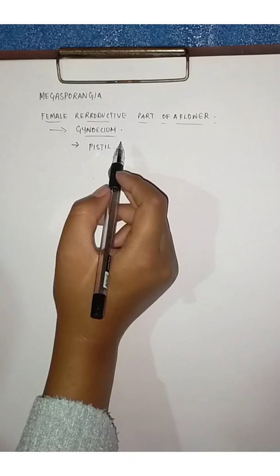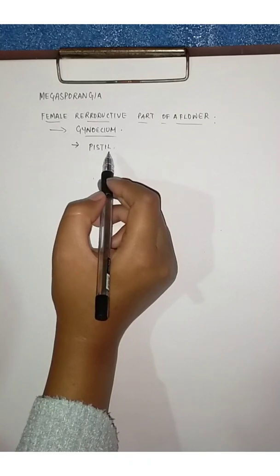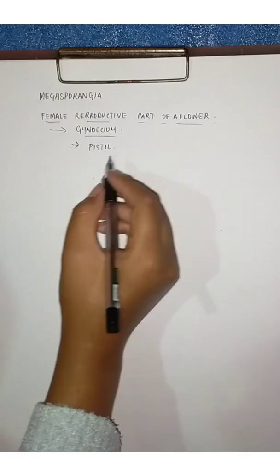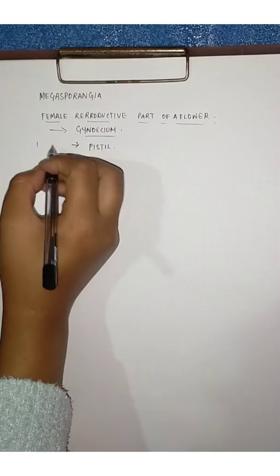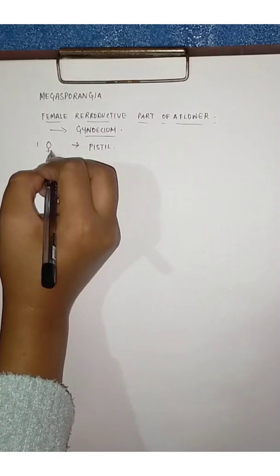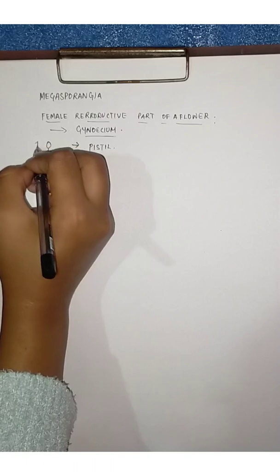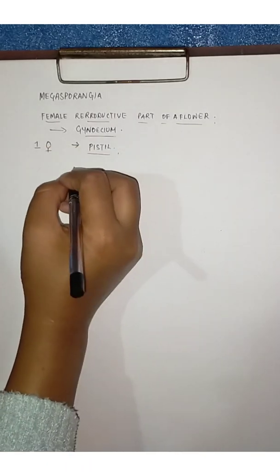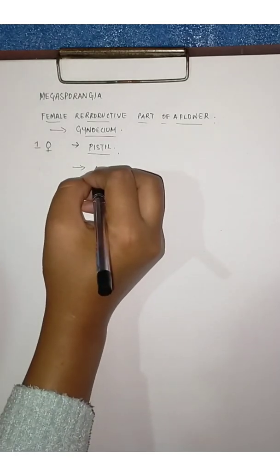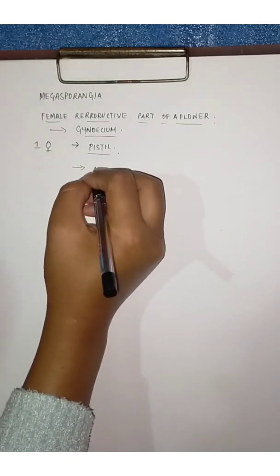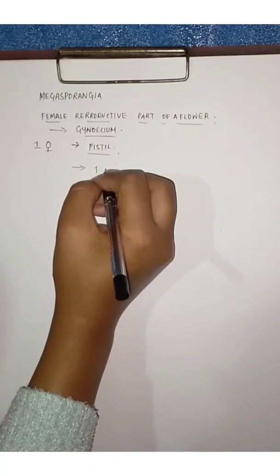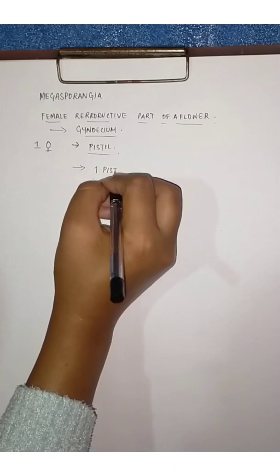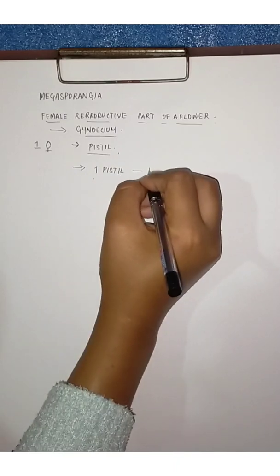So we can also call it a pistil. One female reproductive part of a flower is known as a pistil. So in a flower, if there's only one female reproductive part, that is, if there's only one pistil, it is known as